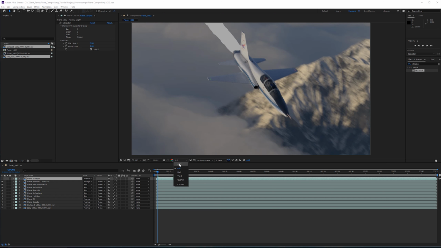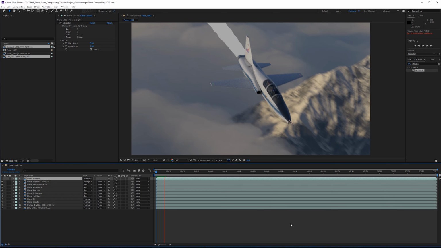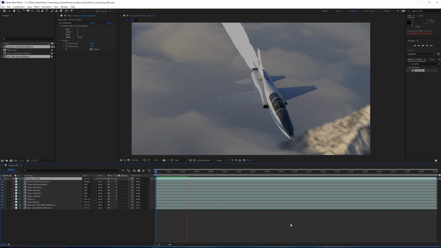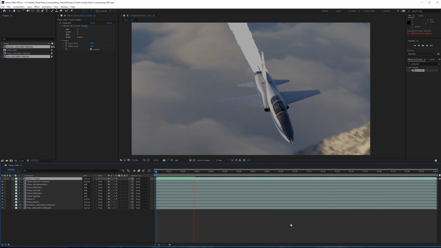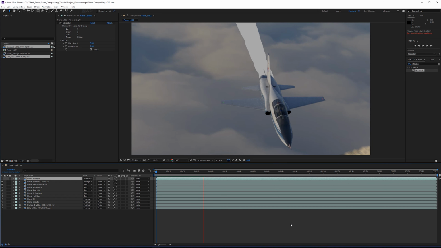Click OK. Let's set this to half resolution so this renders a little bit faster. Let's go to the very beginning and then just click the spacebar. This will load in the sequence into your PC's RAM, and then it will play in real time. Now, depending on the size and the length of your composition and how much RAM you have in your PC, you may not be able to load in the entire shot. In this case, we only have 200 frames, so we can. It'll make it a little bit easier to check what we rendered.